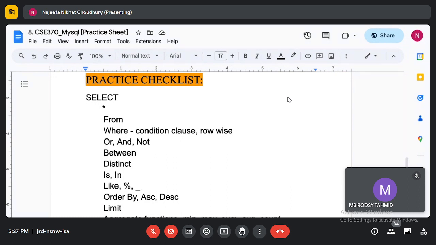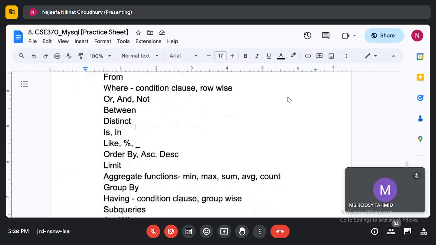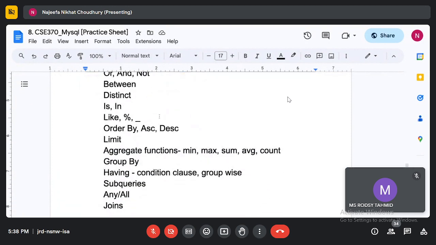Select query, if you remember, is used for retrieving data from the database. So you already have some data in the database, you will retrieve data using the select query, which means that other queries like insert, delete, alter, update, all of those are not required for your theory part. For your theory exam, only select queries and everything related to select will be in your exam.